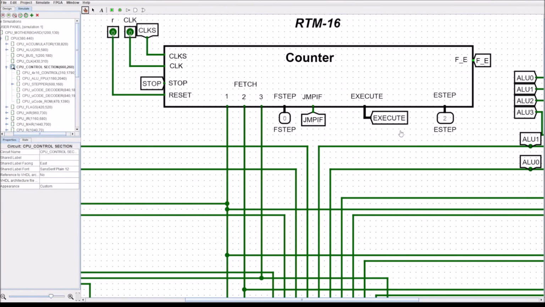1, 2, 3, execute. 1, 2, 3, execute. This right here, this cycle, is what every computer on Earth is doing right now. It is called the fetch execute cycle, and this is what we're going to look at in this video. I'm going to show you exactly how the RTM-16 CPU does the fetch execute cycle, wire by wire, clock pulse